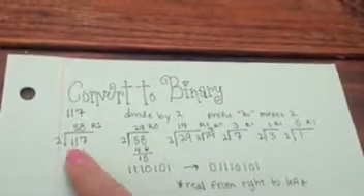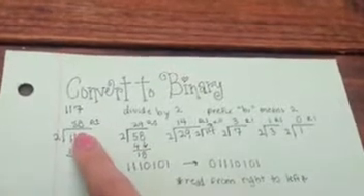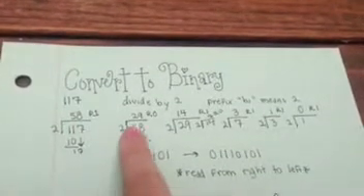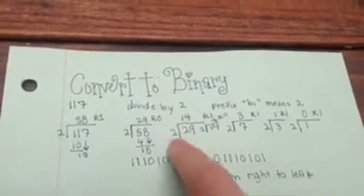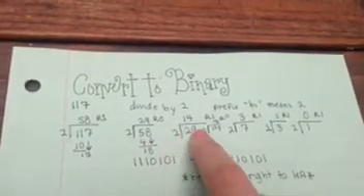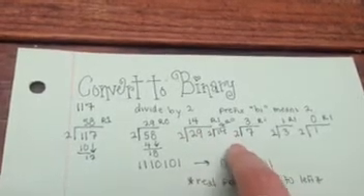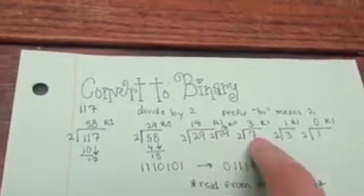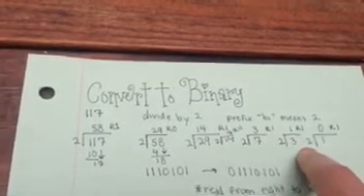We're going to take 117 and divide it by 2, and we get 58 with a remainder of 1. We take the 58 and divide that by 2, and we get 29 with a remainder of 0. Then we get the 29, divide that by 2, we get 14 with a remainder of 1. 14 divided by 2 is 7 with a remainder of 0. 7 divided by 2 is 3 with a remainder of 1. 3 divided by 2 is 1 with a remainder of 1, and 1 divided by 2 is 0 with a